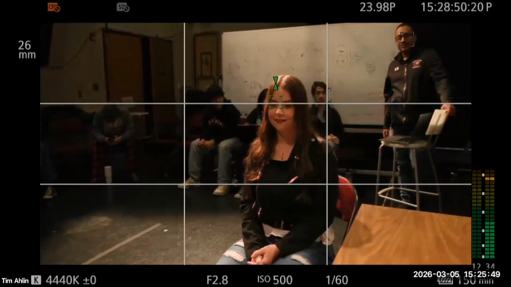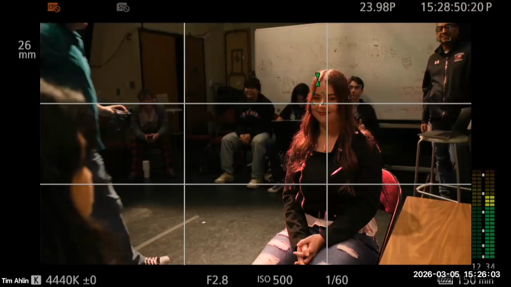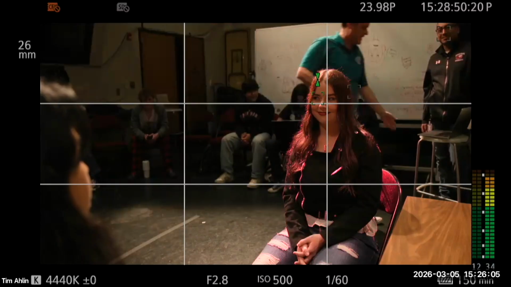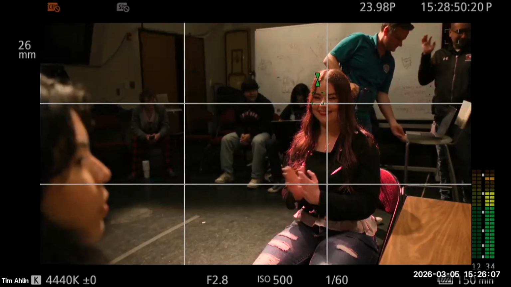Mr. Grant, I'm noticing a problem right here. What do you think, Jake? You broke the 180-degree line. It shouldn't be the character on the left side. It needs to be on the opposite side because that's within the 180-degree line. 100% right, Jake. Good job. That's exactly the concept we're talking about.